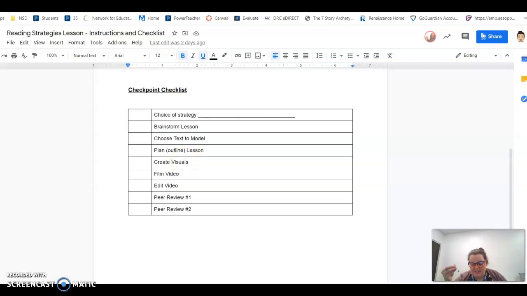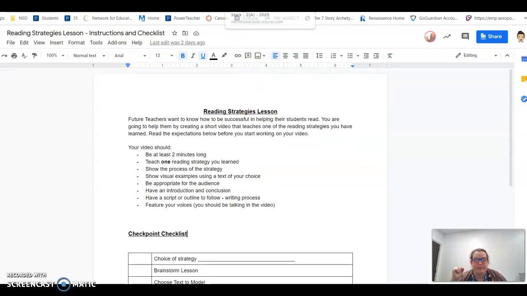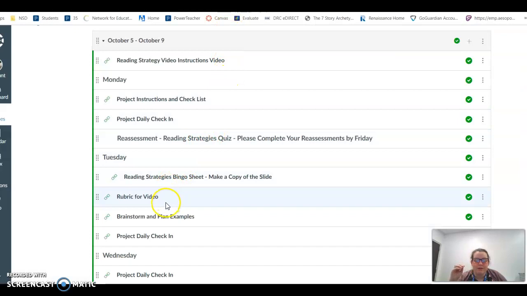That could be slides. It could be a document. It could be just your text. It's up to you what you want to use. Then you're going to film your video, edit it, and then we're going to do some peer review later in the week. All right, so when you're working, you should be logging what you are doing in the project daily